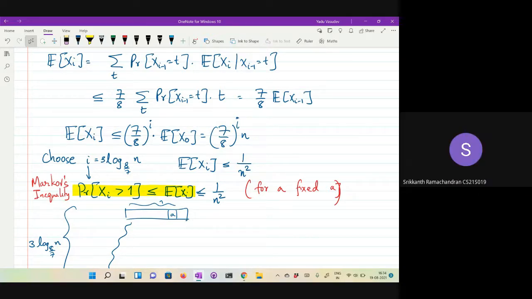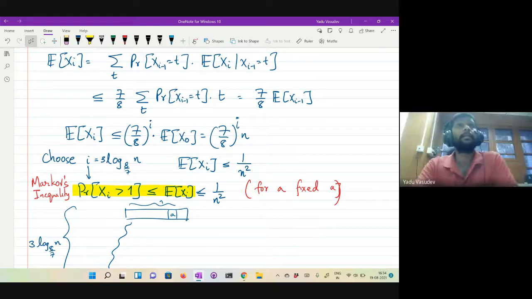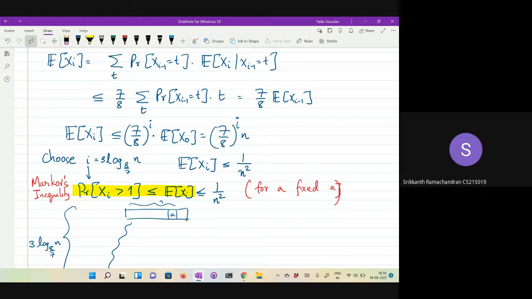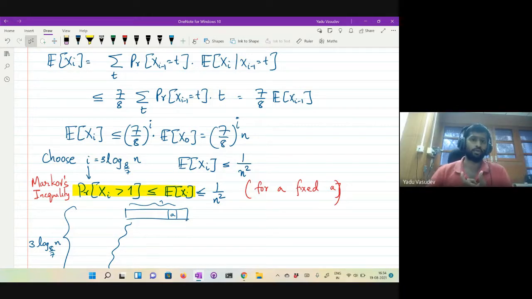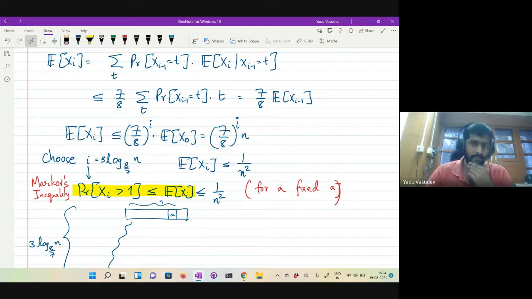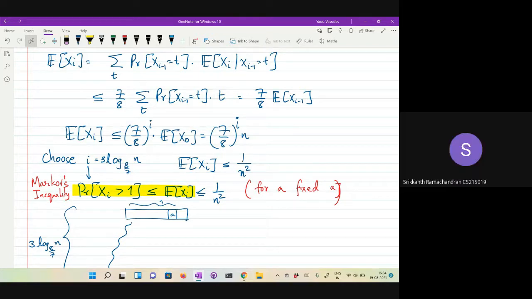No, but you have not made I minus 1 choices. What you've done is you've gone to the I minus 1 level. At this level, you're in an array where the array containing A has size T. That's what you know. You've made I minus 1 choices, but you don't really care what happened. You've reached a stage where the array containing A has T elements. That's all you need. You don't need to think about what happened before. How that will help you in the analysis is not clear. What choices you made before.